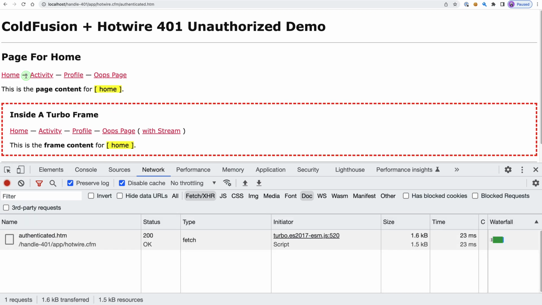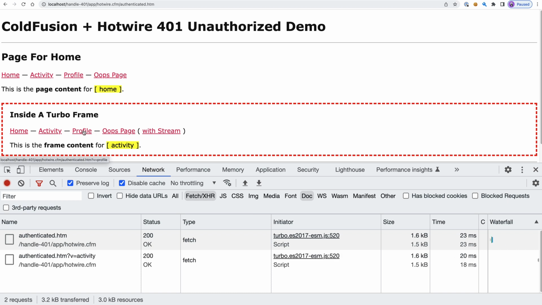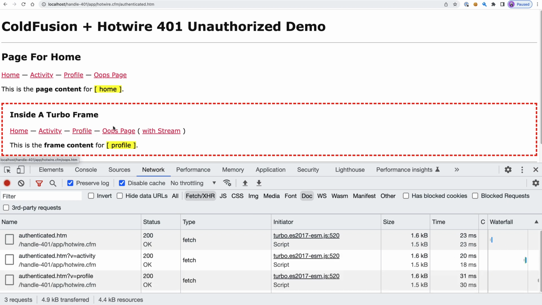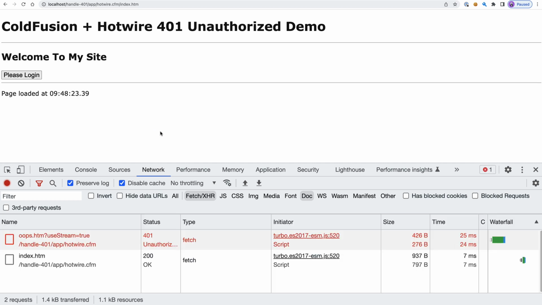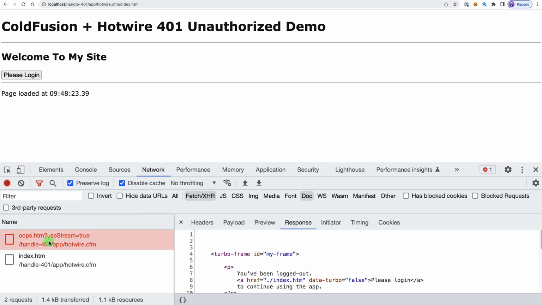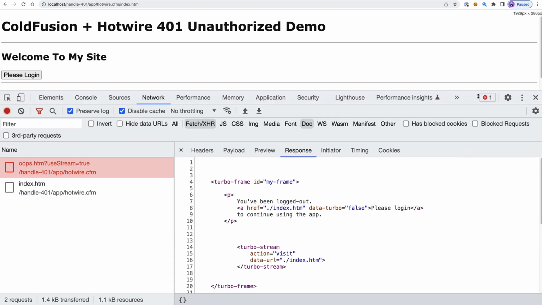The other option that we have perhaps within the frame is to not just do the oops page, the unauthorized page, but also send back an inline turbo stream action. Let's clear the network activity again, and let's see what happens. We're back on the login page automatically, and what we can see is on our oops page, let's expand this,